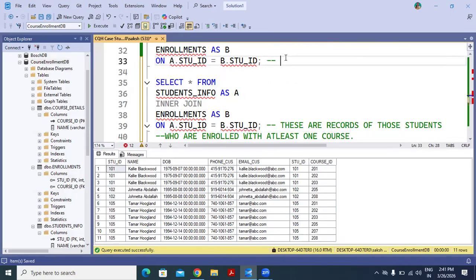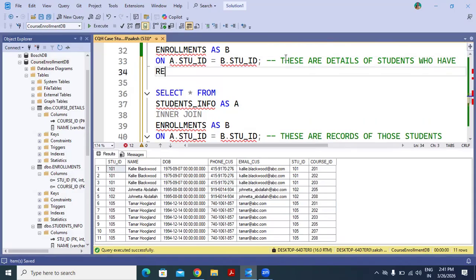And these are the details of students who have registered, all students.